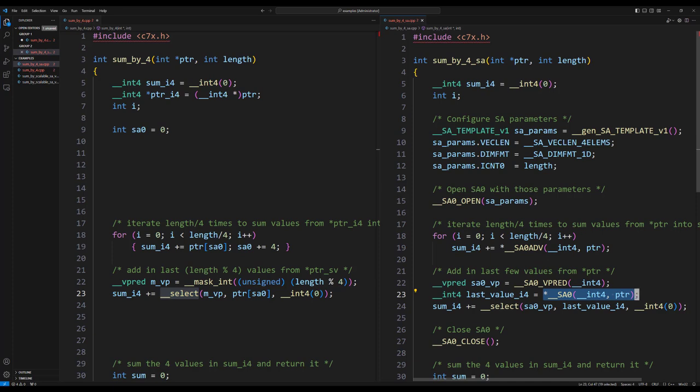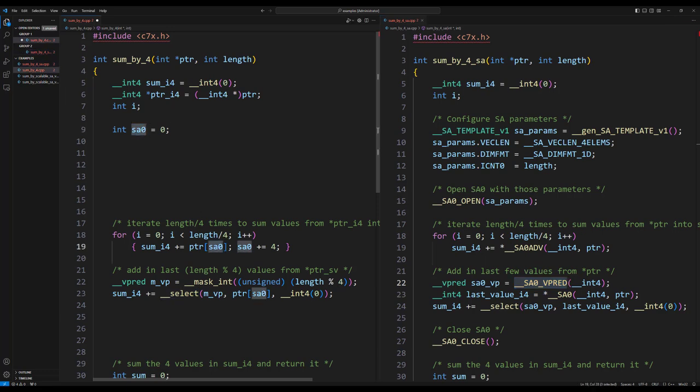All right. Now the SA0 vpred, I don't have that over here on the left. To model that would take multiple variables and stuff, and I think I've made my point by now. I hope that by setting up the SA here and then using it as an index against pointer like that, and by the way, notice that pointer I4 has disappeared. It's not used on the left anymore. So comparing these two should give you a pretty good sense of how the SA works in this context.